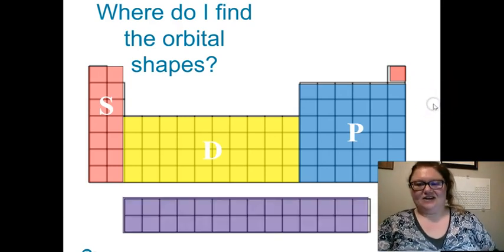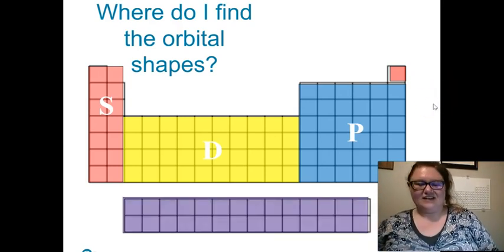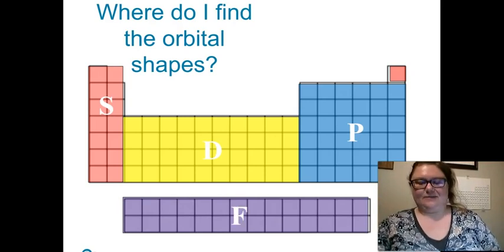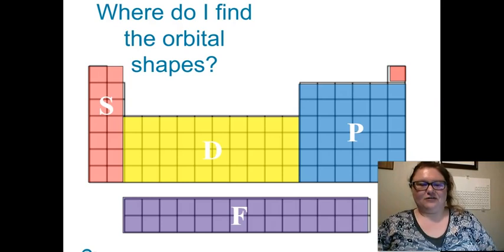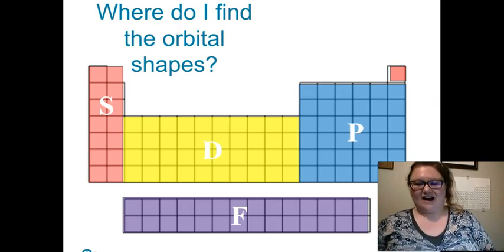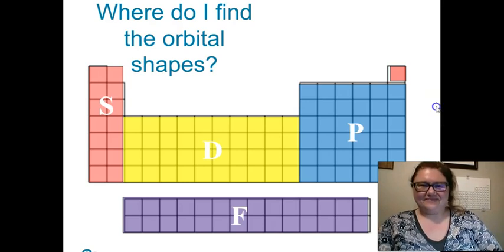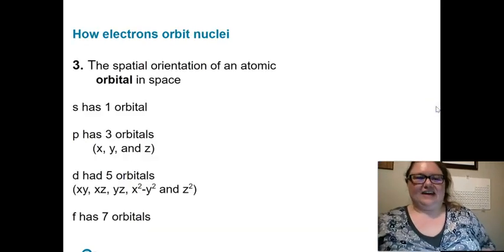So finally, we can't leave out F, right? The F sublevel is the inner transition, or the rare earth metals, down here at the bottom. And so you'll notice that that is 14 boxes wide. Okay, so this is all going to be pertinent in just a moment. Okay,